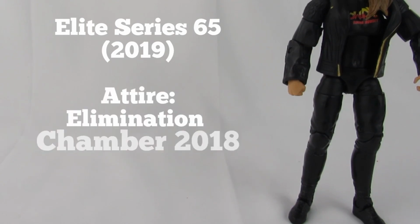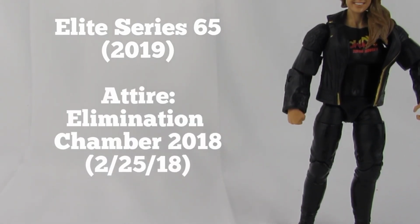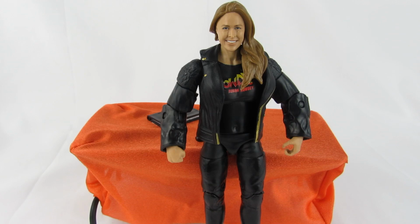Elite Series 65, released in 2019. Attire from the Elimination Chamber 2018, which took place on February 25th. Now this was an absolutely historic night, not just for Ronda, but for the whole women's evolution. And on this night the figure is modeled after, she signed her Raw contract and most notably slammed Triple H